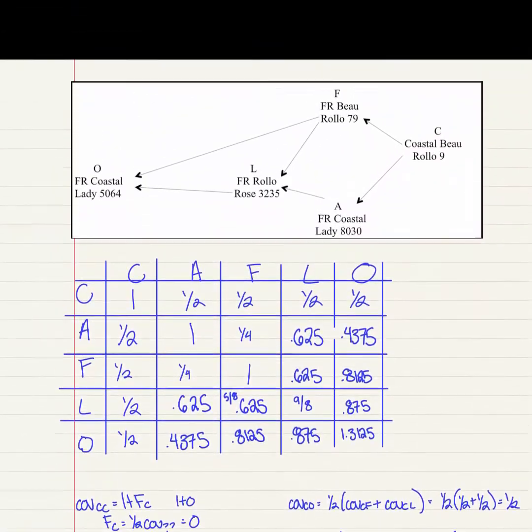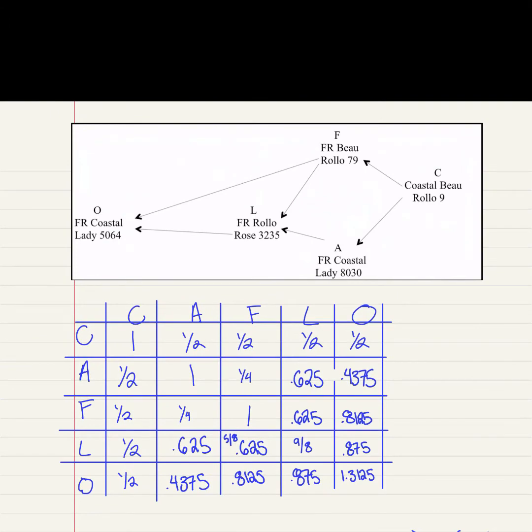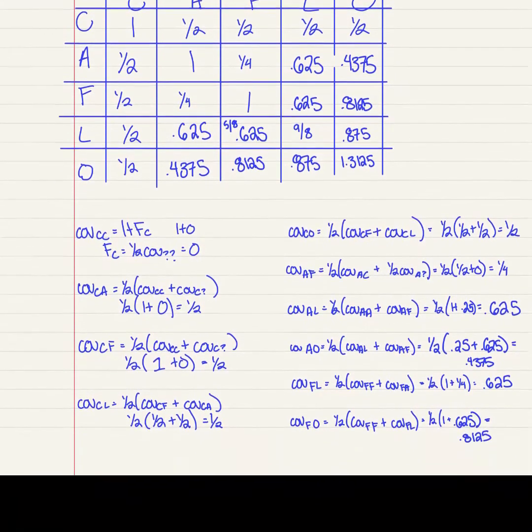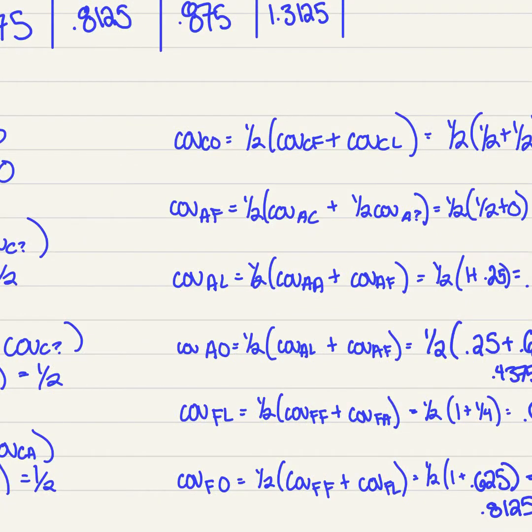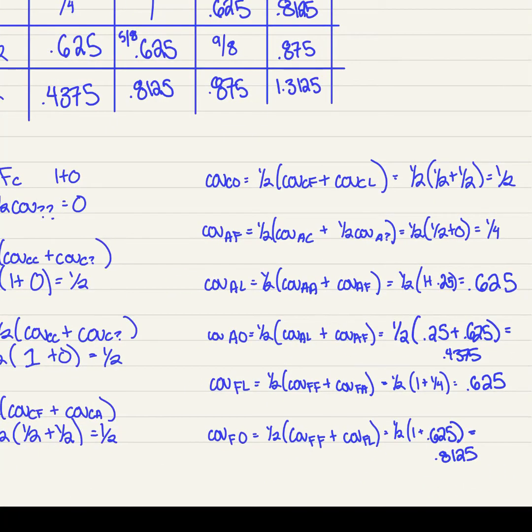Moving on to A and L. So let's look at L's parents. We know L's parents are F and A. So the covariance of A and L is going to be half the covariance of A with itself plus the covariance of A and F. So A with itself is 1 and A and F is 0.25. So 1 plus 0.25 times a half is 0.625,